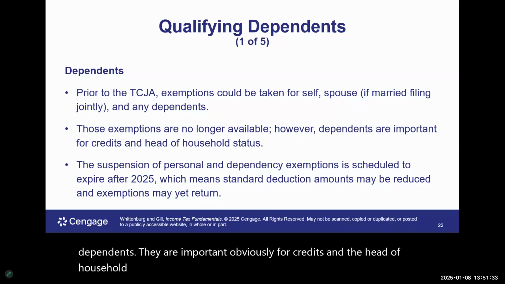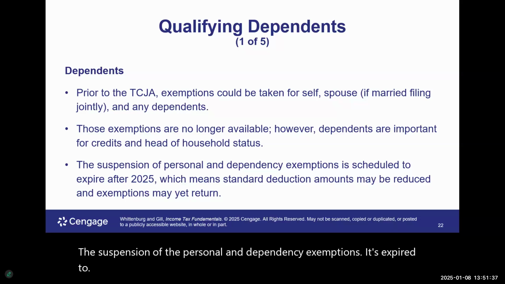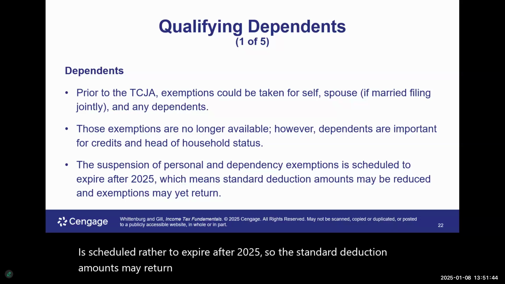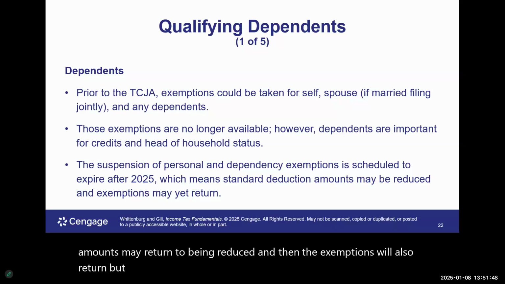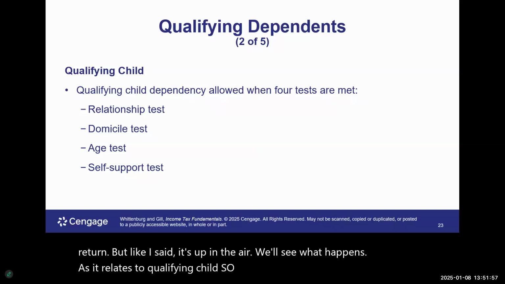The suspension of the personal and dependency exemptions is scheduled to expire after 2025. So the standard deduction amounts may return to being reduced, and then the exemptions will also return. But like I said, it's up in the air. We'll see what happens. As it relates to a qualifying child, there are some key requirements that need to be